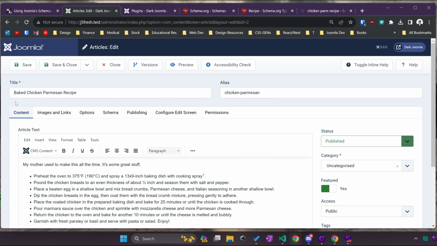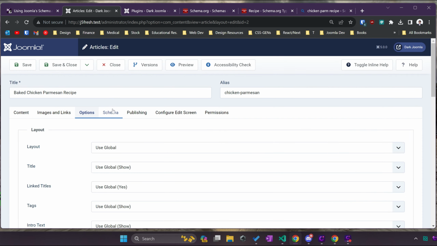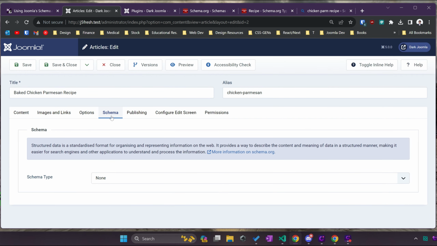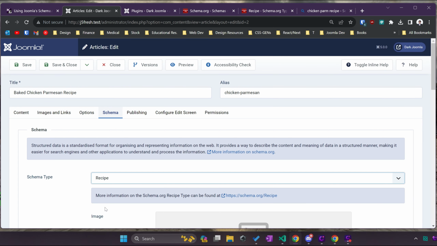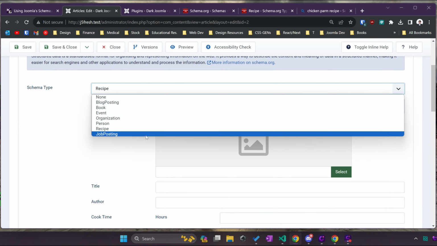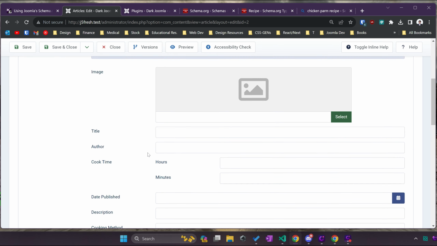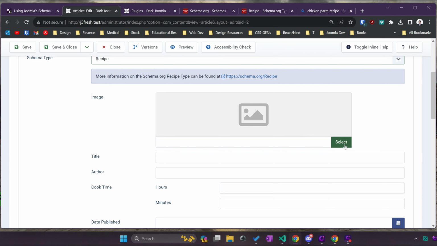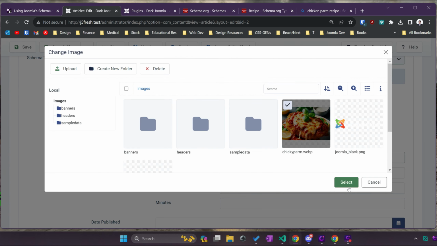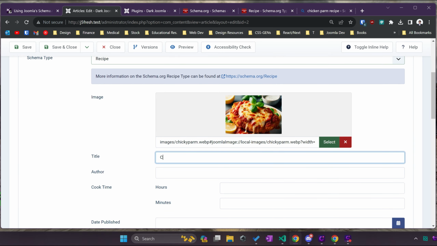But back to our article on making chicken parmesan for the example. If we go to the schema tab and we go down and we select the type of recipe, of course, if you have a different type that you want to use, you would select that here. You select your featured image. So I select this picture of chicken parm that I have. I give it a title, my name,